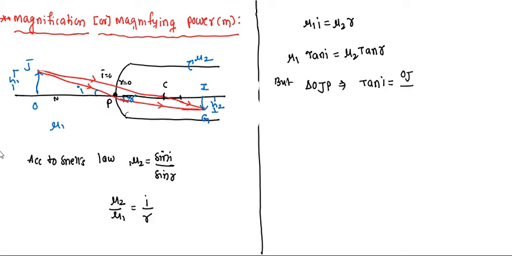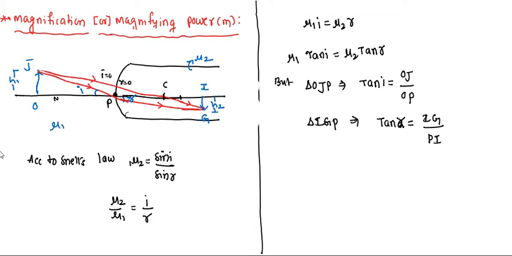And from one more triangle we have to take, that is the triangle IGP. From the triangle IGP, tan r is equal to opposite side, IG, by adjacent side, PI. Okay, this we substitute in the above equation.